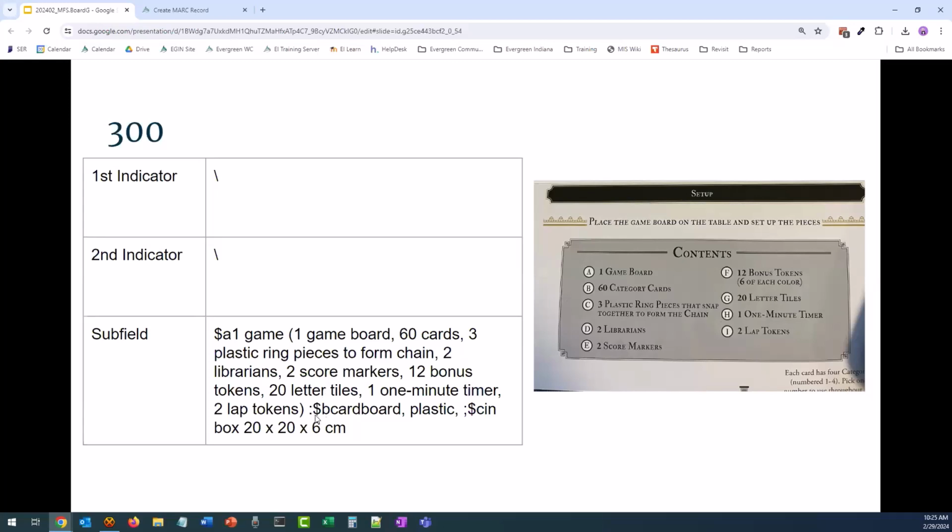And then we can enter in a subfield B, is where we describe basically what this game is made out of. And what I can find is there is cardboard and plastic that makes up the container and the game pieces and all of that. So I entered